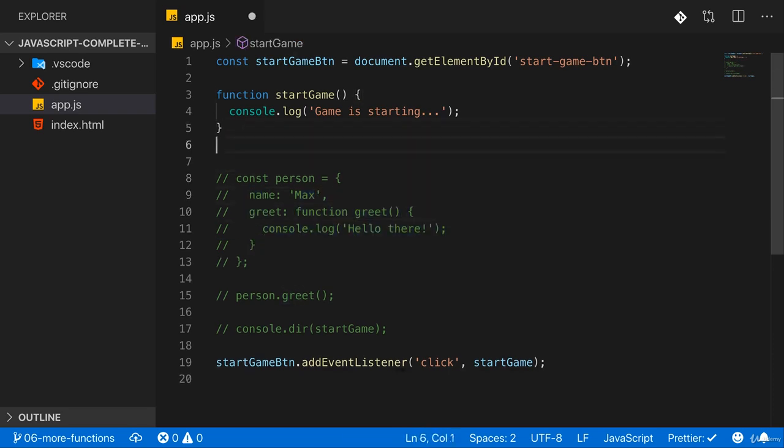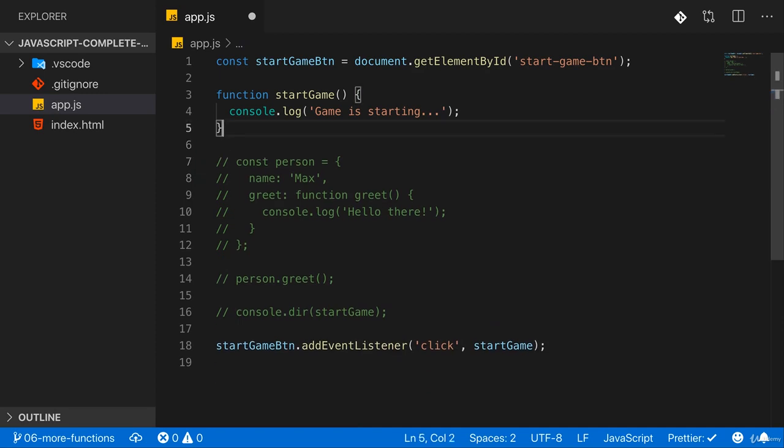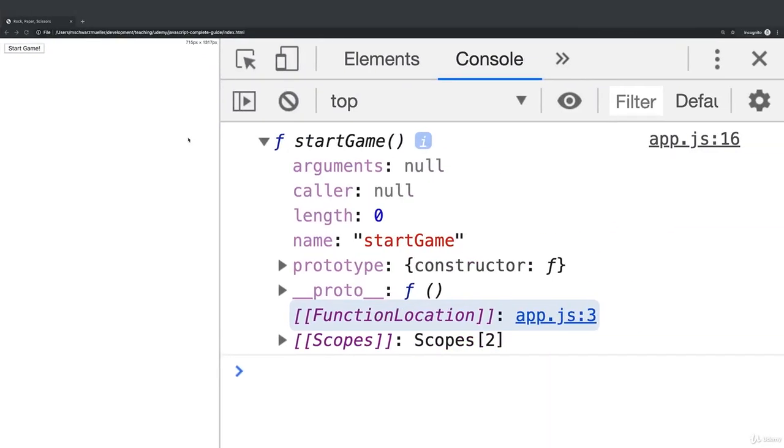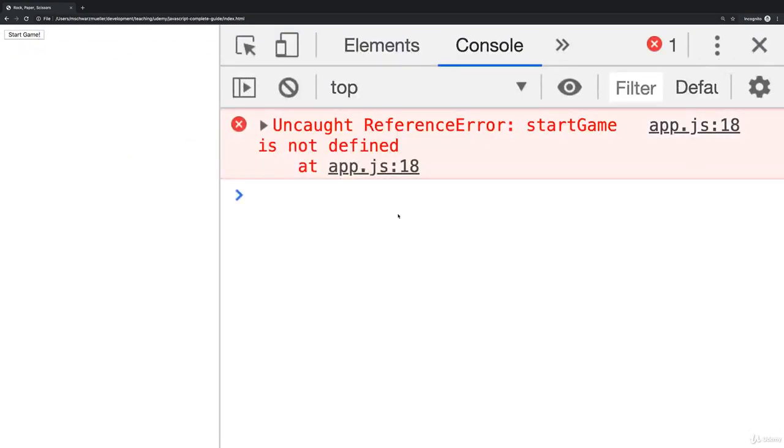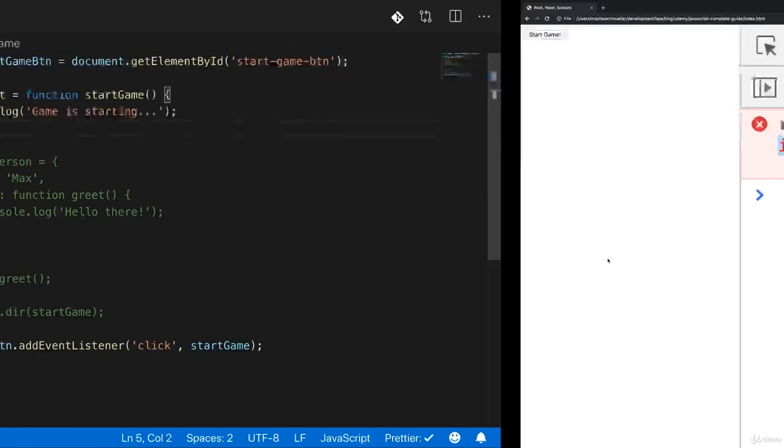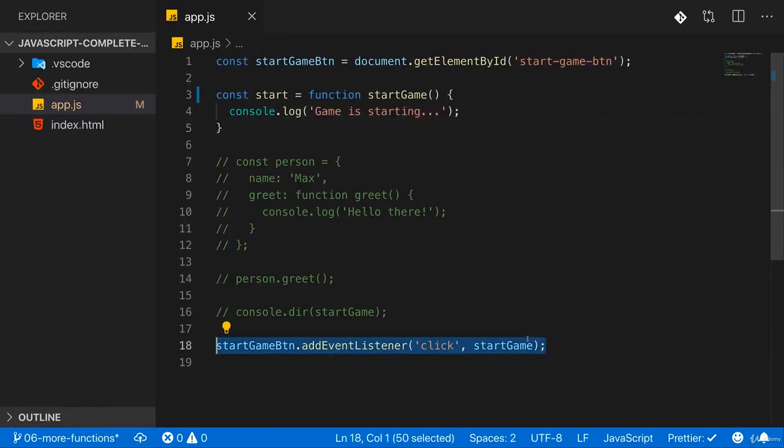So it's a bit like if we would say, well, we store this function, let's say, in a constant named start or startGame or whatever you want to name it. Doesn't have to be the same name as here. It is like if I would do that. Now, if I do that and I reload, we'll get an error. startGame is not defined, and this is coming from line 18. So now this line here at the bottom complains that it can't find the startGame function anymore,